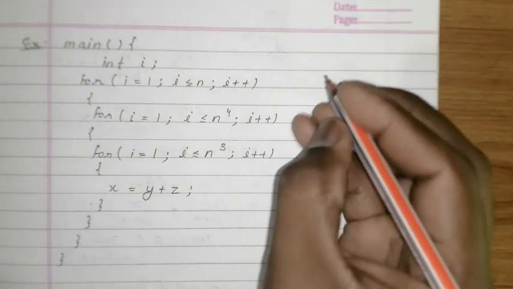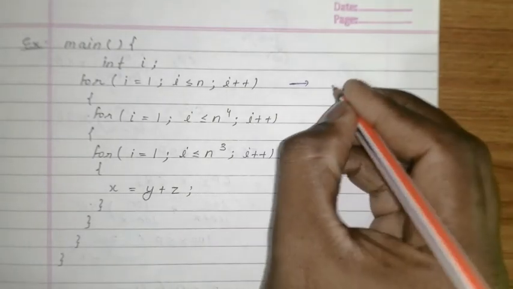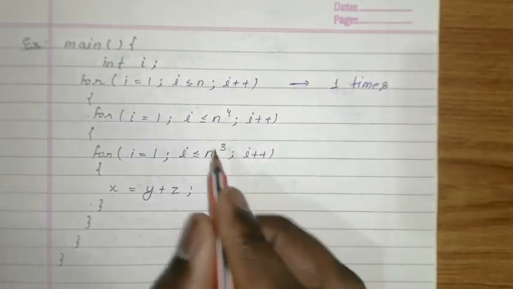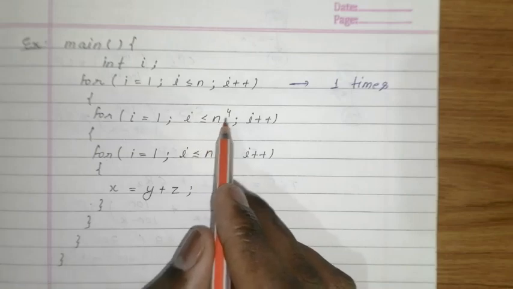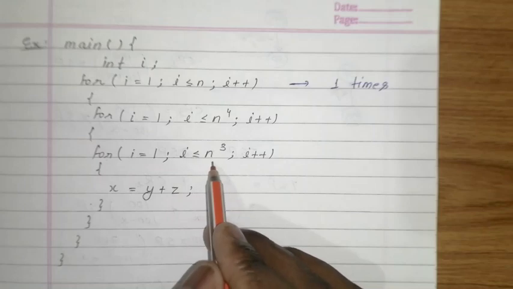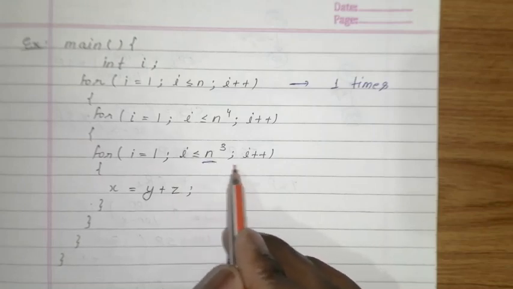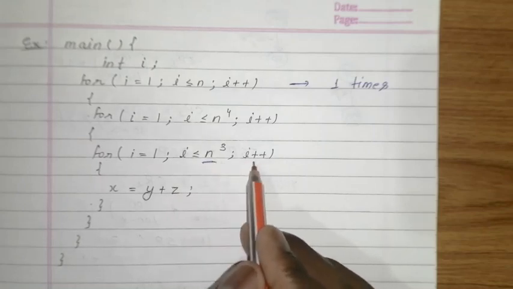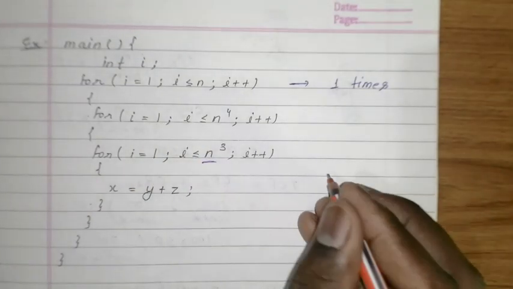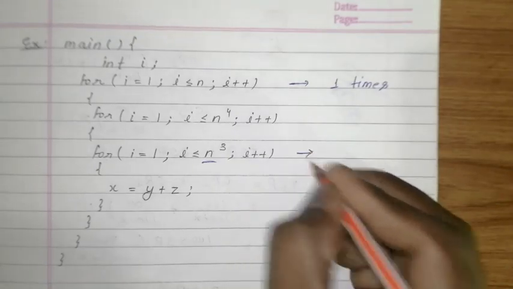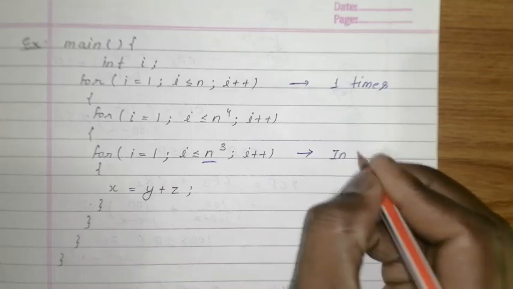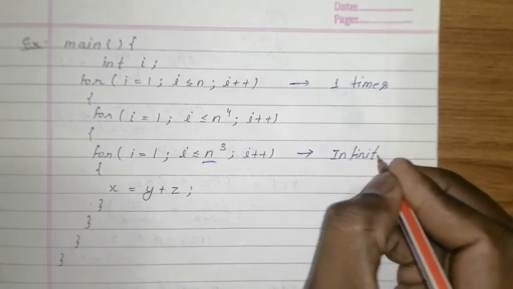So how many times will this for loop iterate? 1 time, but there's a logic. It will go n power 4 times. But when i is incremented, it will iterate n cube times. When i is incremented to n cube plus 1, then again i is initialized with 2, so that will go into a loop. So basically the program will not terminate. So we can say it is an infinite loop.